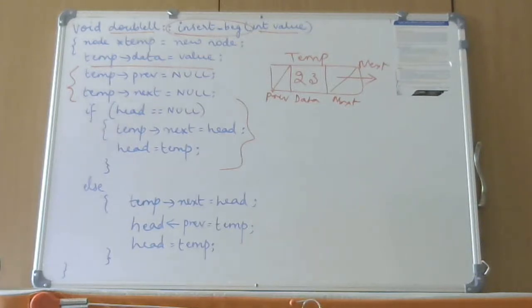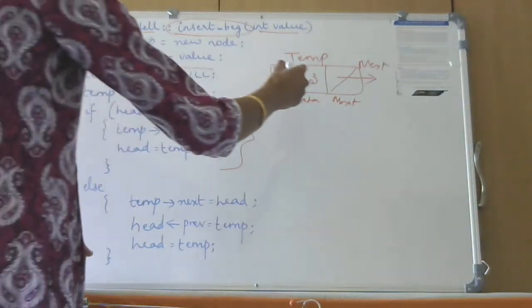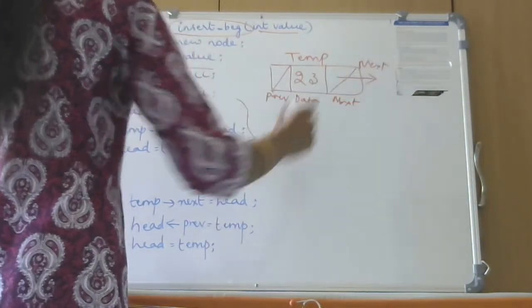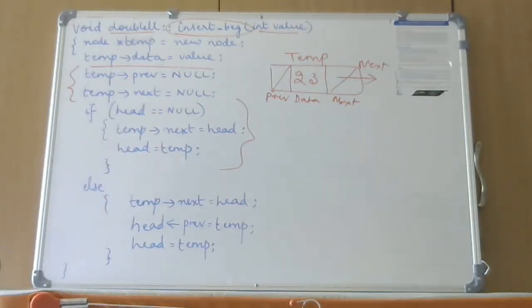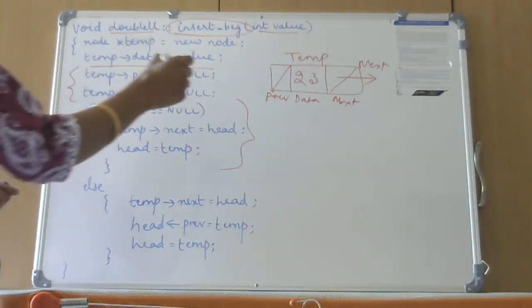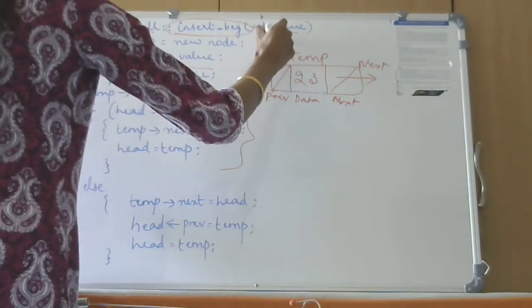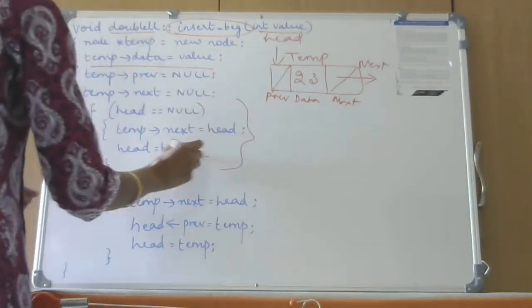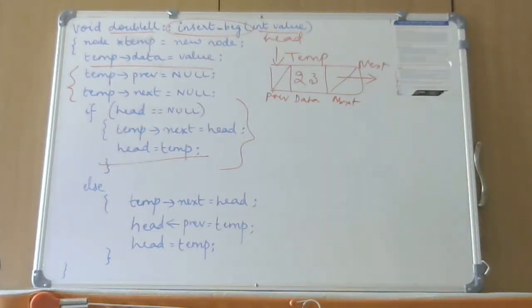Okay, so this is going to be temp of next will be pointing to head. Is it head or null? Okay, so temp of next is head. This itself will become the head because head is equal to temp. So head is temp means what will happen? That node itself is pointing to head.